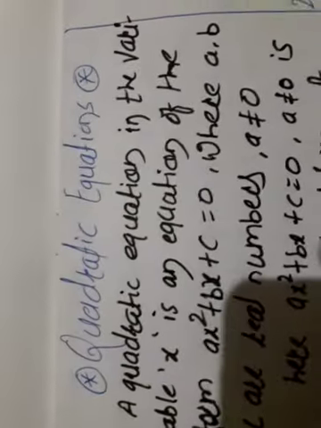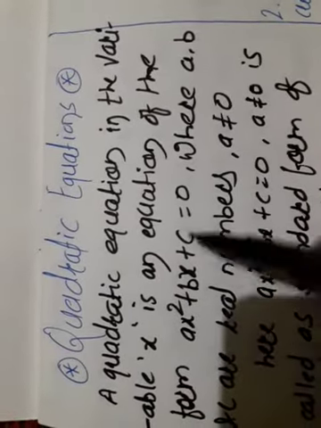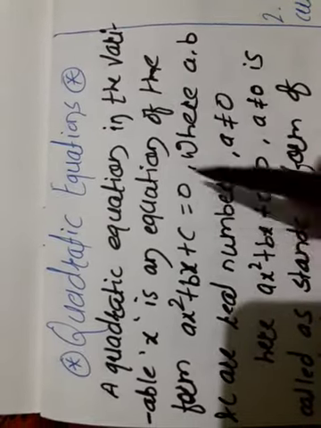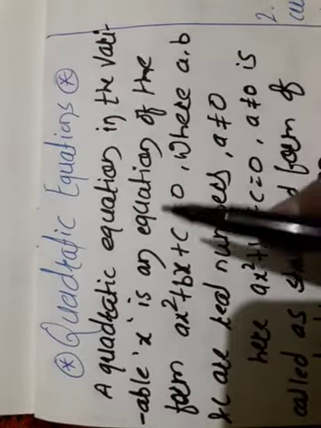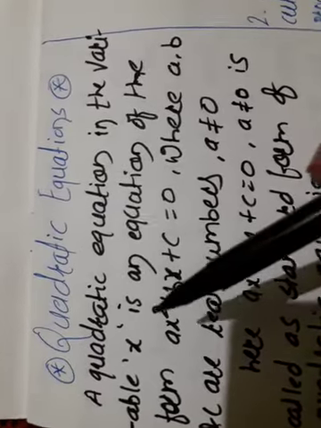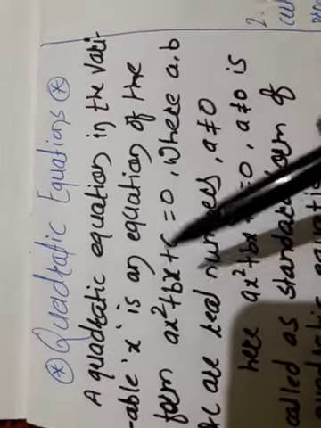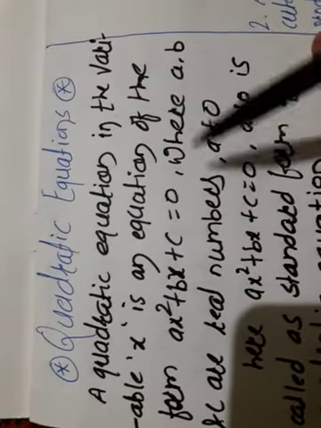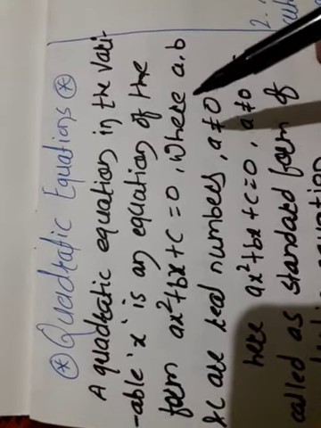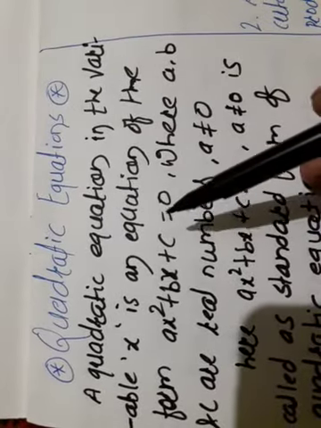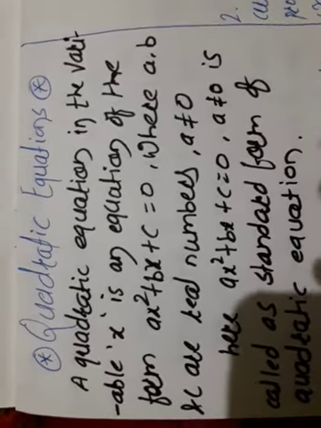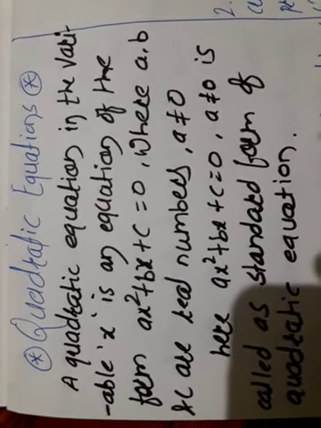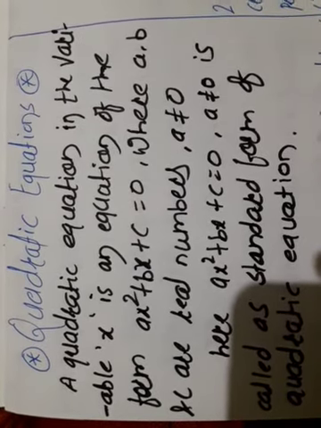You must remember both things about the quadratic equation. One is the equation which can be written in this form, ax square plus bx plus c is equal to 0. This equation is known as a quadratic equation whose highest degree is 2, and where a should not be 0. Remember, a should not be 0. This ax square plus bx plus c is equal to 0 is known as the standard form of a quadratic equation. Those are the very important things regarding the introduction of the quadratic equation.